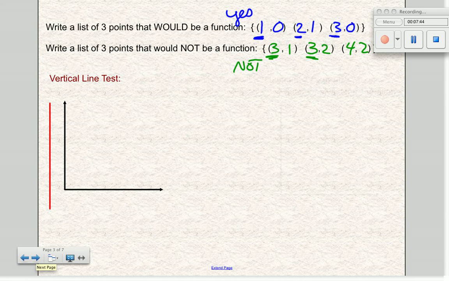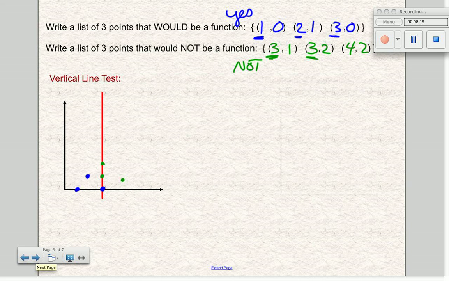So I could take these points. 1, 0 would be right here. 2, 1. 3, 0. Sorry that I'm doing these without numbers on my graph, but here's my line. These 3 pass the vertical line test. Okay? Green ones would not. 3, 1. 3, 2. 4, 2. Those 2 points where the x values are 3, they end up lining up vertically, so the green, not a